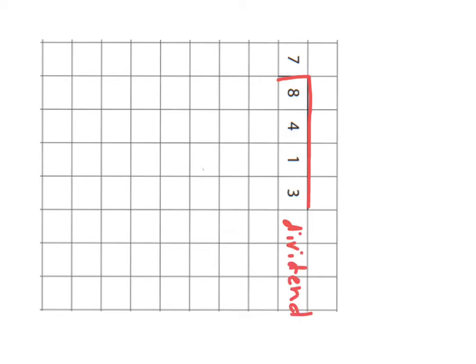It is the number being divided. And 7 is going to be our divisor. It is the number of groups that we are dividing into. If I think about my basic facts for 7,